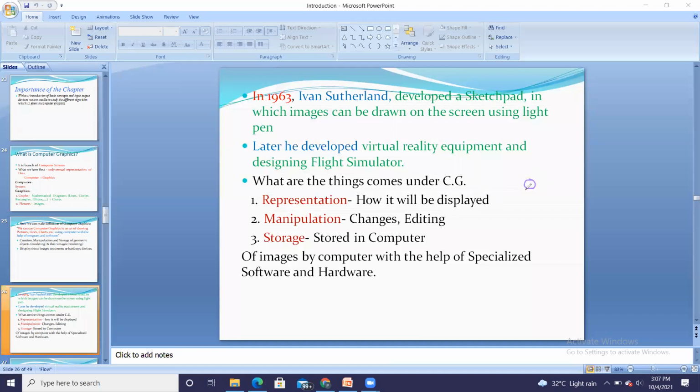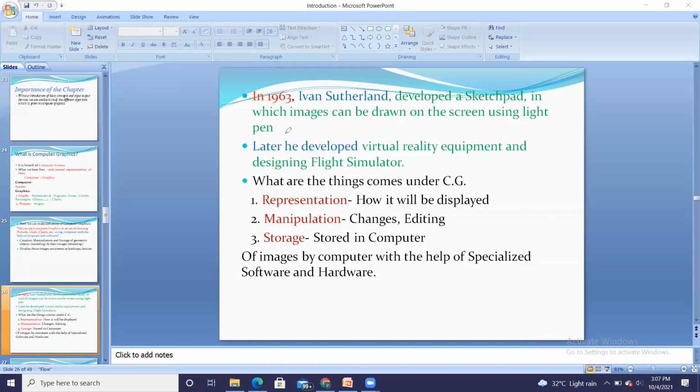Then I realize this is too small because I cannot write the center coordinates in it. I want to display this circle along with the center coordinates, let us assume. But in this small circle, I cannot do this. That is achieved by using manipulation. That means I can change the size. I can edit that circle. I don't want this small circle; instead I want a bigger one. So the second part is manipulation.